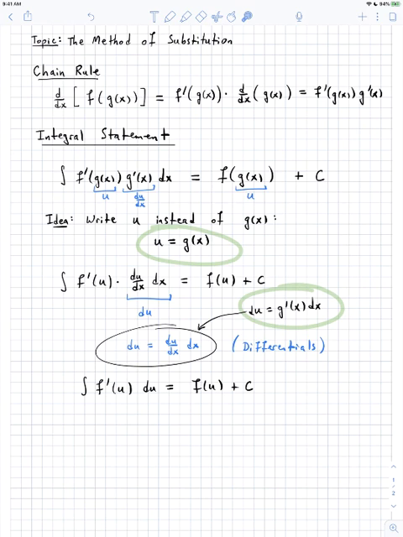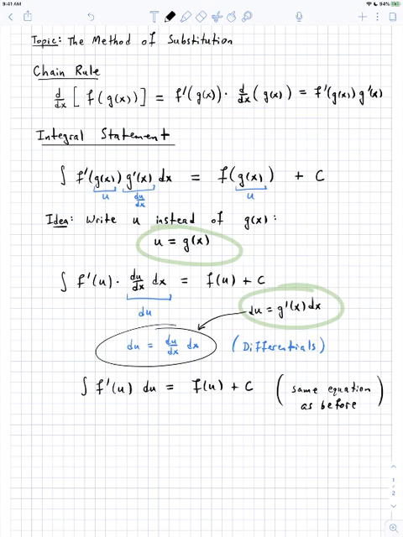So what we've done is we've started with a statement which was a little bit complicated and perhaps not intuitive, and by replacing g of x with u, what we've actually done is rewritten the same equation, and indeed, this is the same equation as before, but it's just more obvious to us or more apparent to us that